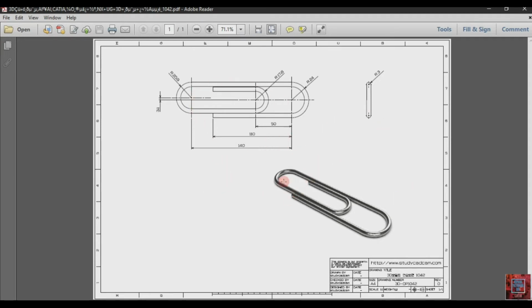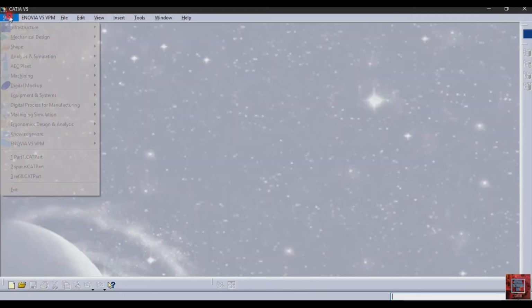So today we are going to make this drawing in CATIA V5. First we are going to make this central line, and after that we are going to make these circles. In the circles there is a radius given, but in the measurement we are going to take a radius by subtracting 3 from the radius of these circles. So let's start our drawing, and I hope you like this video.